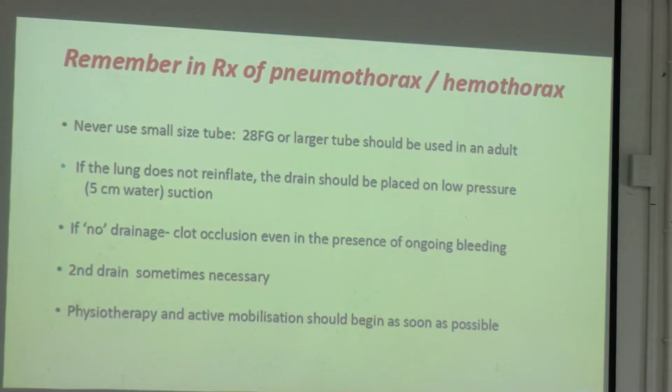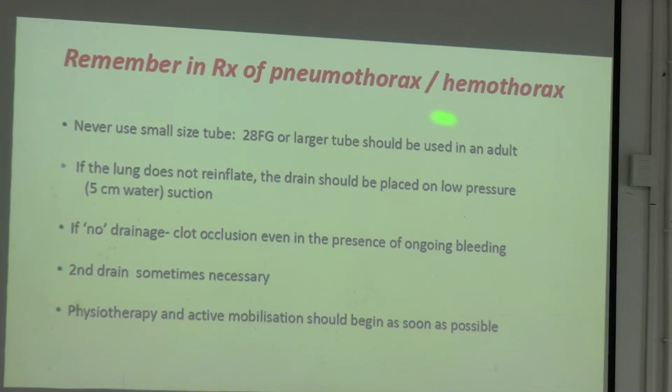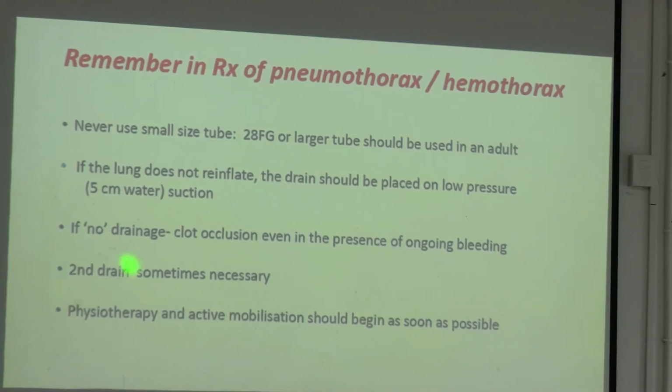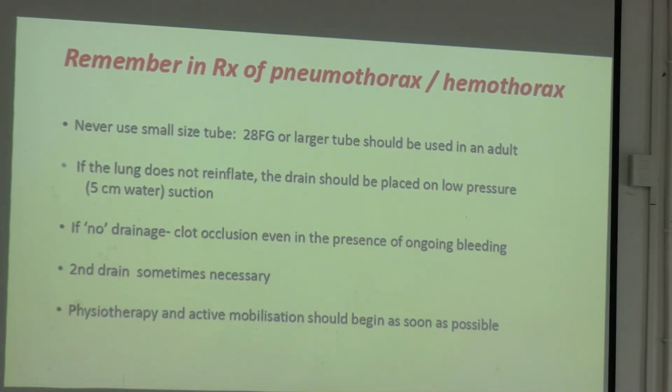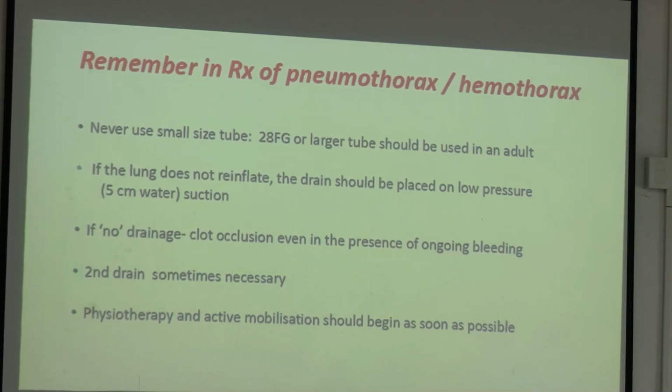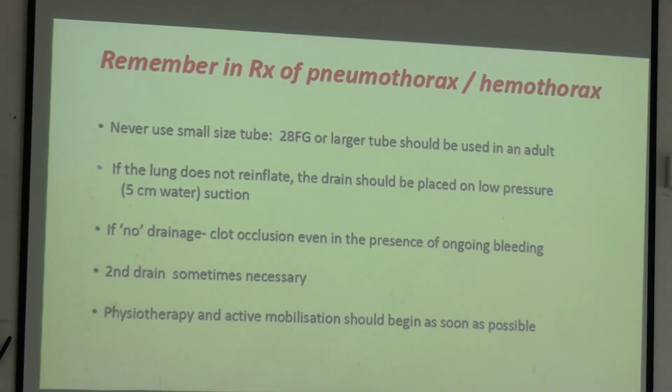এগুলো প্র্যাকটিক্যাল টিপস অ্যান্ড অ্যাজ ওয়েল অ্যাজ এমসিকিউ, ঠিক আছে? সো ছোটো সাইজ কখনো ইউজ করবো না, যদি চেস্ট টিউব দেবে সবসময় 28 বা তার থেকে বেশি দেবে। ব্লাড হলে আমরা আরও চেষ্টা করি 32+ দিতে, হাওয়া 28-এও চলে যাবে, ঠিক আছে। যদি লাং ডাজন্ট রিইনফ্লেক্ট, তাহলে ড্রেন শুড বি প্লেসড অন লো প্রেশার সাকশন। সাকশনের বটলে অনেকগুলো ক্যাপ থাকে। যদি লাংস ইমিডিয়েটলি ইনফ্লেট না করে, তাহলে আমরা লো প্রেশার সাকশন লাগিয়ে দিই, তাহলে একটা নেগেটিভ প্রেশার থাকবে, তাতে লাংসটা ফুলবে।